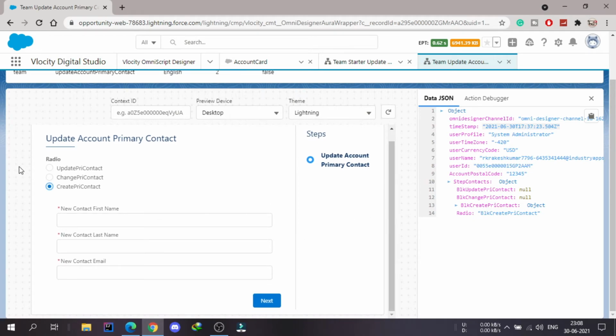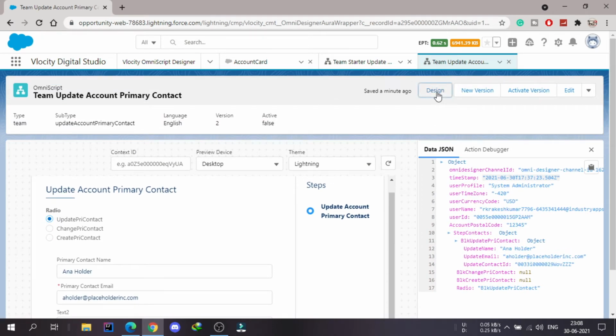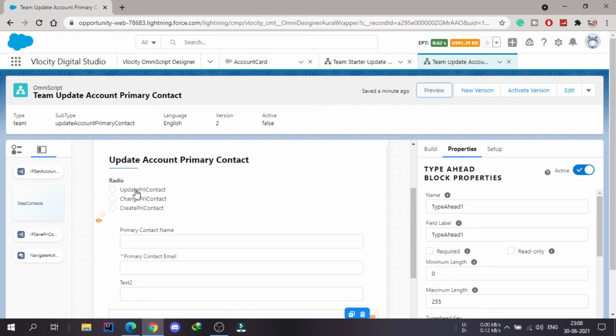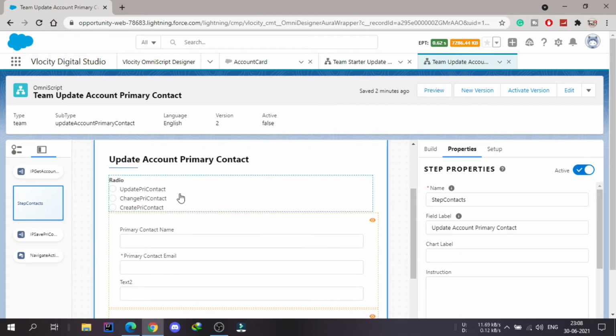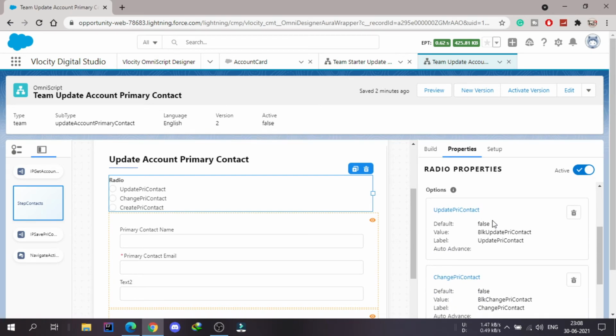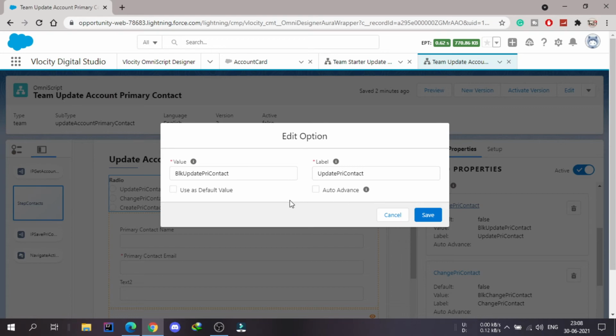One more thing we can do is make this update primary contact the default one. How can we do that? Let's go to the design, and inside this one click on the radio button, and here if you scroll down, this is the one I was talking about, that update primary contact should be the default one, it should be selected.